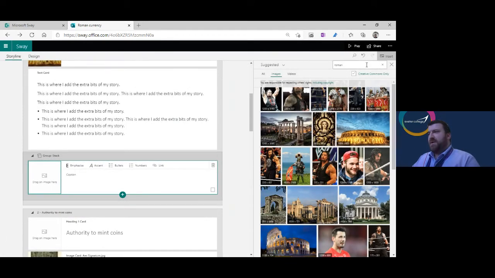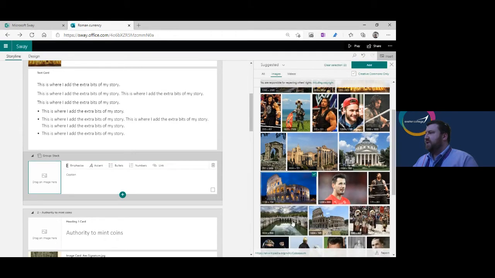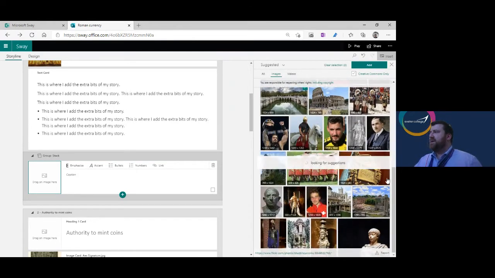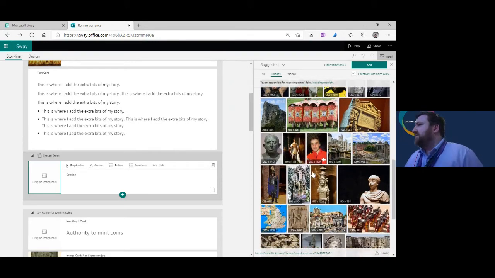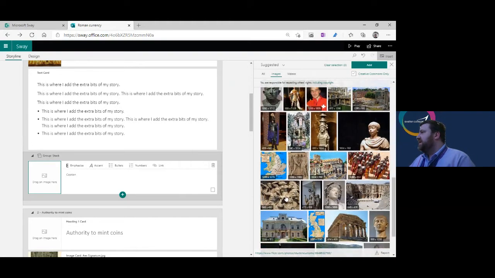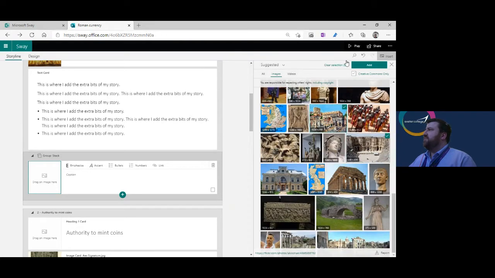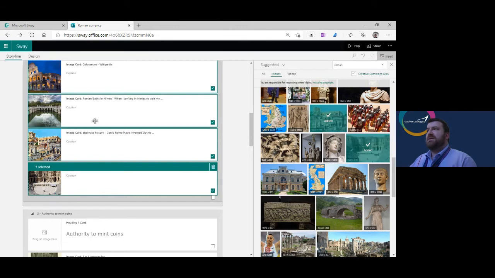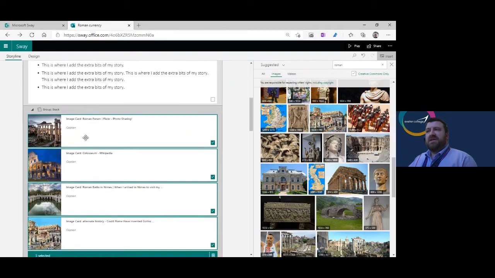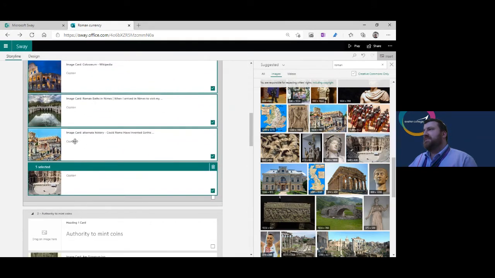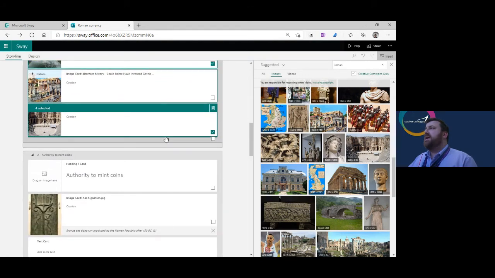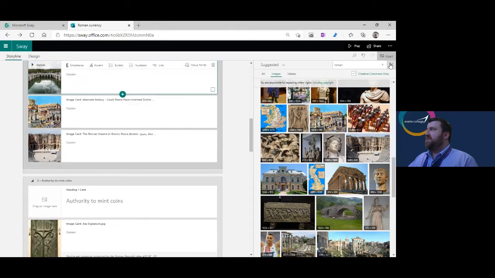It's kept our search that we had a few moments ago. So again, I'm just going to pick out some hopefully sort of Roman themes within here. But obviously the topic is meant to be currency, so I should be searching currency really. But let's just pick out something. I think you can get the idea of what I'm trying to do. And then click add. And you'll see it creates a card for each of these pictures I add in. I can add specialist captions onto them if I want to as well in this screen. And again, if we go and check what that looks like,